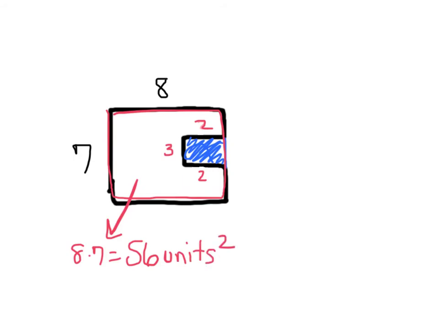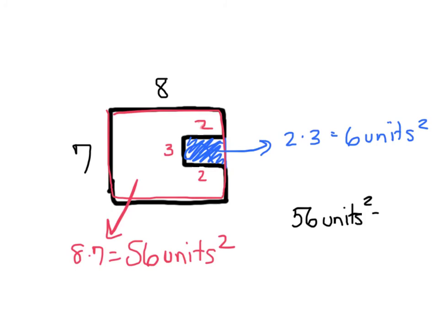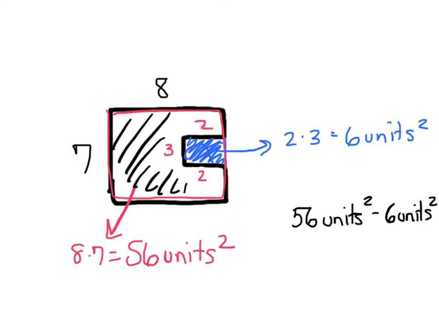Then if I take this small rectangle, which is a 2 by 3 rectangle, the area is given by 2 times 3, which is 6 units squared. I can take the large rectangle, 56 units squared, minus the 6 units squared, giving me the area of this black shape